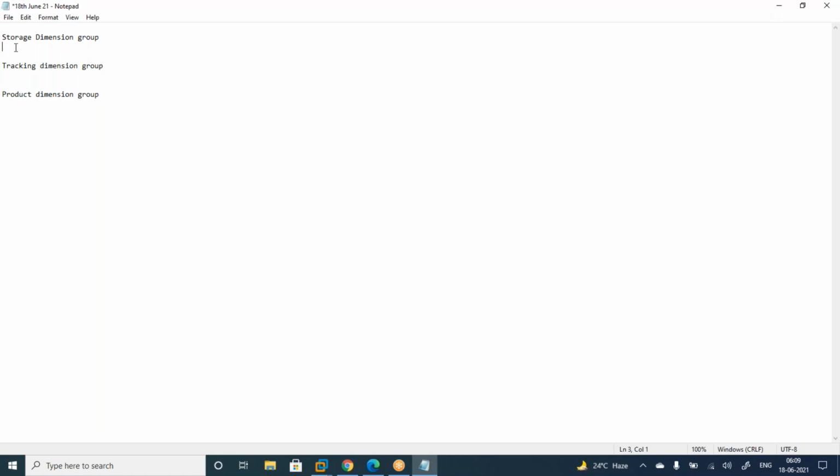So in this we have site, warehouse, location, license plate, and inventory status. Sorry, inventory status. These are the five items available. One is site, warehouse, location, license plate, and then inventory status. Site, of course, it is a virtual information, means actual everything will be tracked based on the warehouse